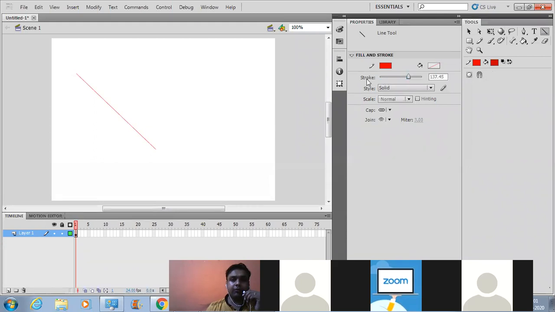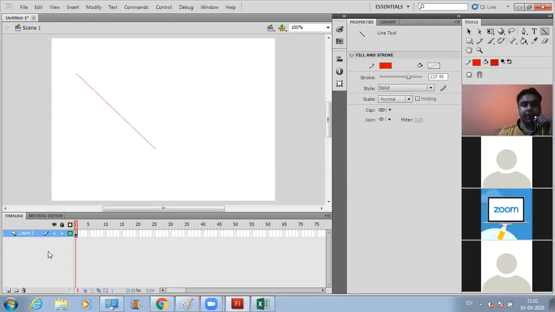Now, if you want to increase the stroke, you can increase it like this. There are different things we can do. We will learn about those things in the next class. But for now, we need to focus on the various components of a Flash environment. So this is the fourth component of the Flash workspace.